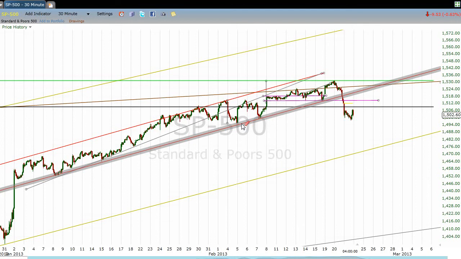Now we would reasonably expect this line to become resistance. Now I'm going to draw a preliminary line on the chart, and I'll be honest with you, I think I have a little bit too much of a tendency to do this because I want to try to,